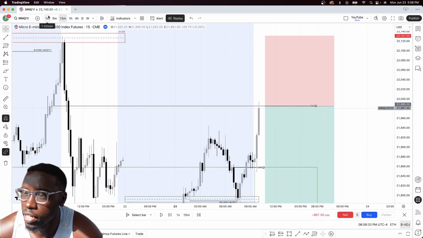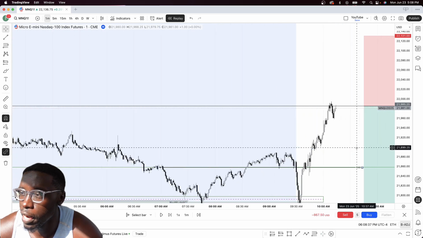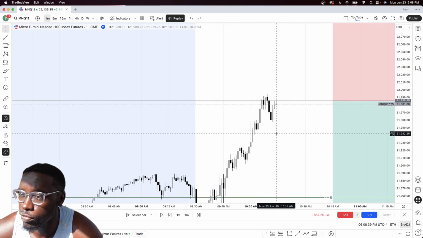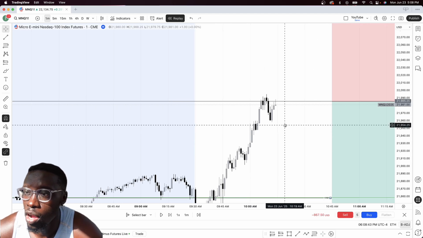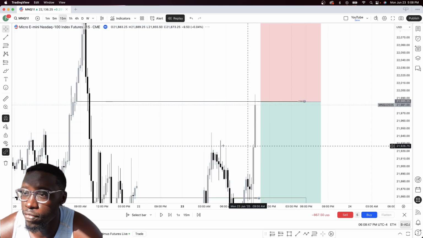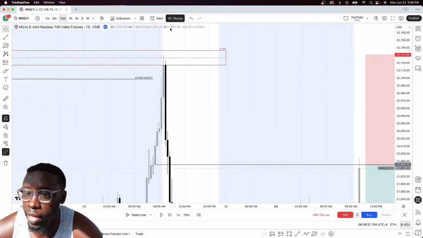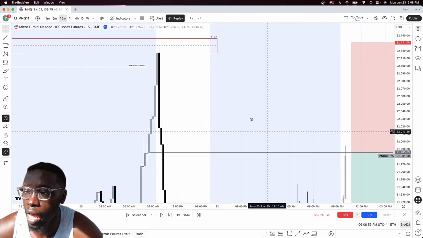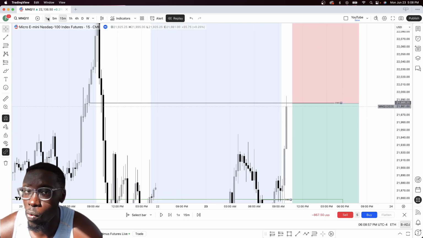So what I essentially did was drop down to the 1 minute. I very rarely use the 1 minute, but to get a more precise entry, I was watching for my model: a sweep of liquidity and a change of state of delivery on the 1 minute time frame. Why am I using the 1 minute? It's because this is a 15-minute higher time frame array. This is a 15-minute order block that swept this liquidity into this 4-hour gap. So if I'm going to use a 15-minute order block, I need to pair that up with a 1 minute